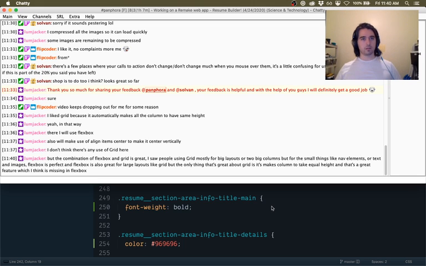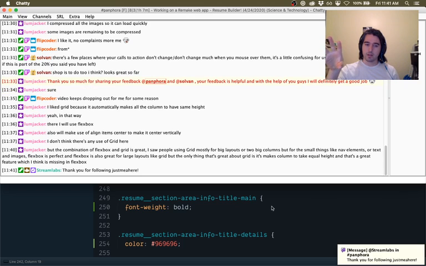Okay, yeah. I also think that someone was talking about that you can style different areas of your grid differently. So basically, if you have a grid and you have a main area and then a sidebar area and you put a